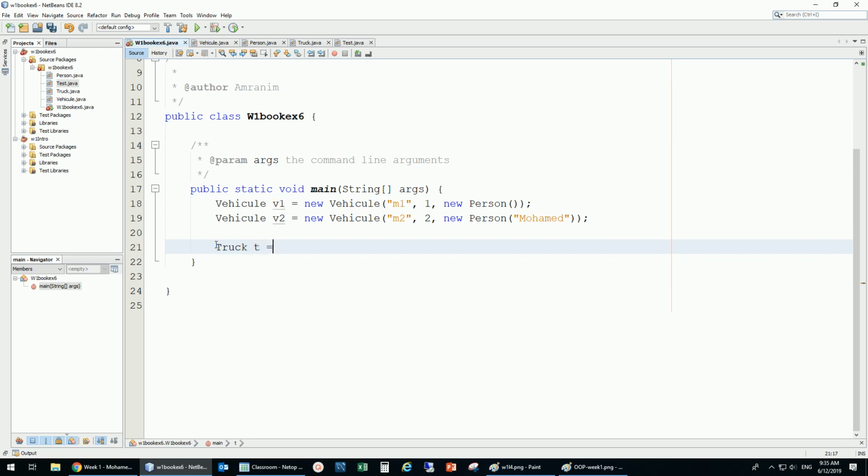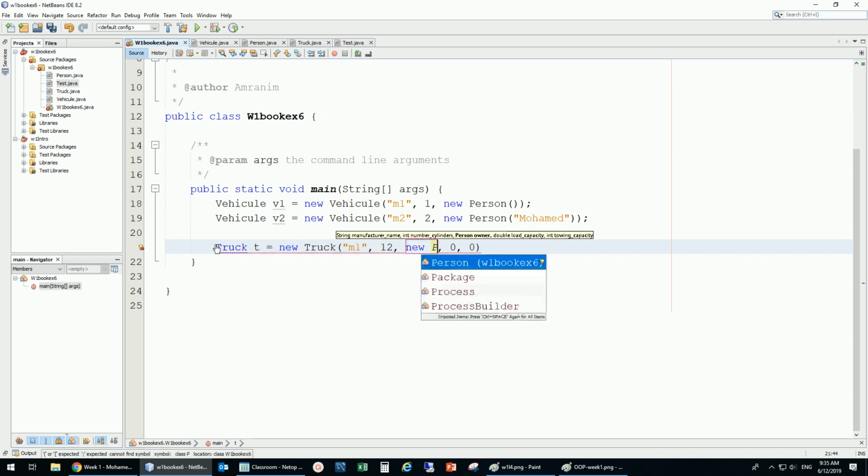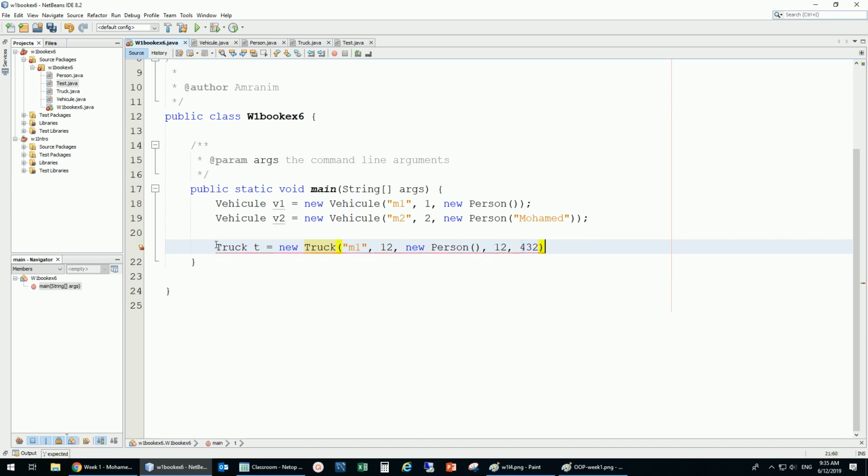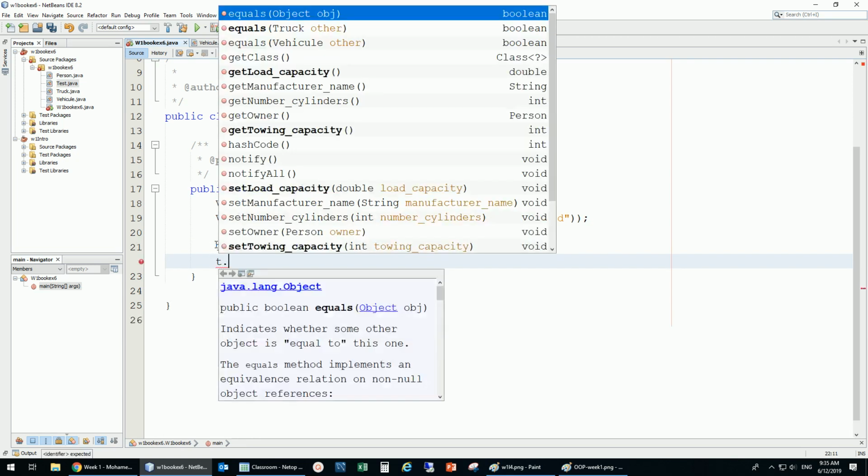Truck t equal new truck. Now the new truck is going to have this manufacturer and then number of cylinders, whatever, and then the owner, and it's a new person. I'm just going to make it like that. And then the last two is the capacity, whatever, and then I'm just putting any number. Now I just would like to show that when I use t dot, now I'm going to have, again, check